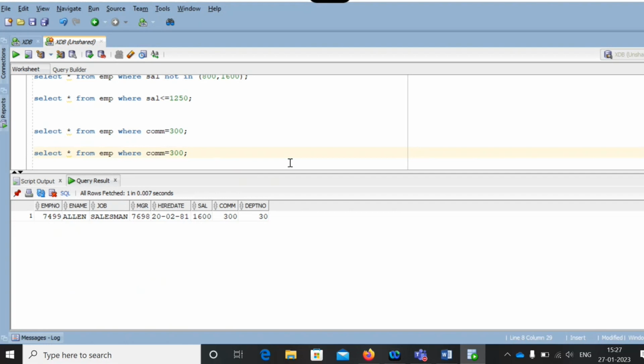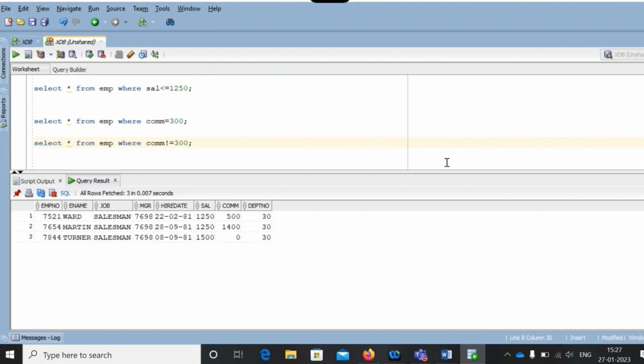How can we convert this equal to into not equal to, by mentioning an exclamation mark prior to the equal to. Other than 300, what we have, we got it, right?